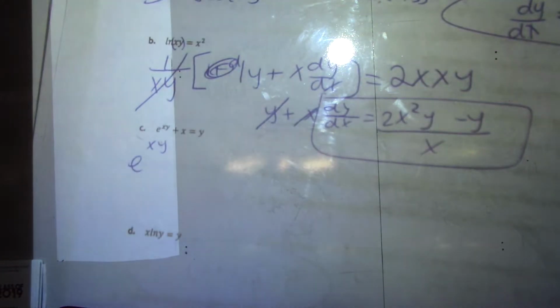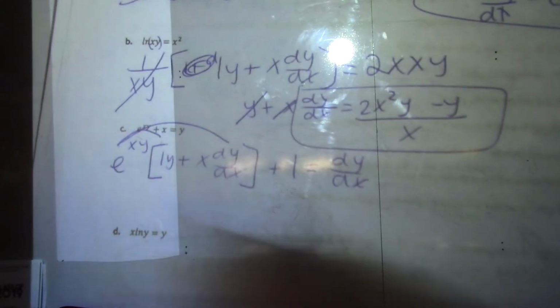Here, derivative of e to anything is e to the same power, and then you need to multiply by derivative of the inside, which is 1·y plus x dy/dx, plus derivative of x is 1, derivative of y is dy/dx. So I'm going to go ahead and distribute, because dividing by e isn't going to be any nicer. So this is just y e^(xy) + x e^(xy) dy/dx + 1 equals